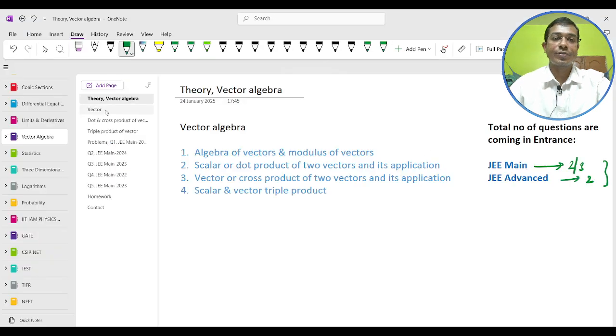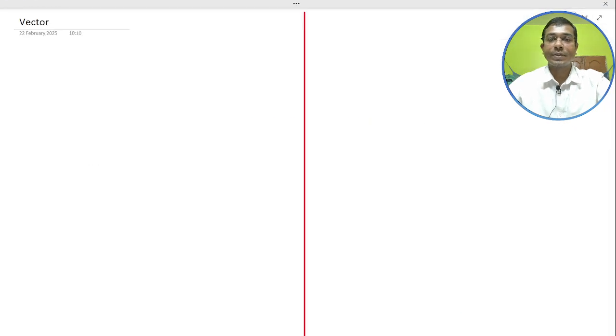Let's get started. First of all, we will discuss the chapter summary in a nutshell and the previous year problems that came in JEE Main and Advanced, and if we get time we will clarify all the chapters of the theory session. So the first one in the vector,